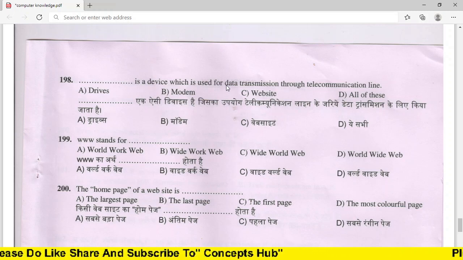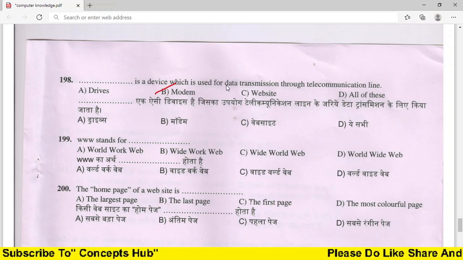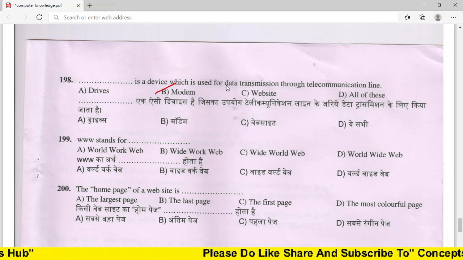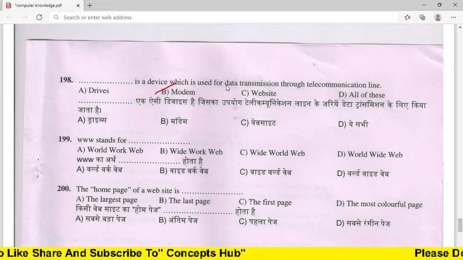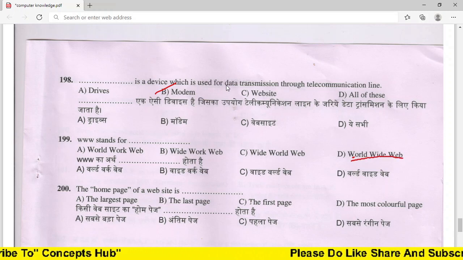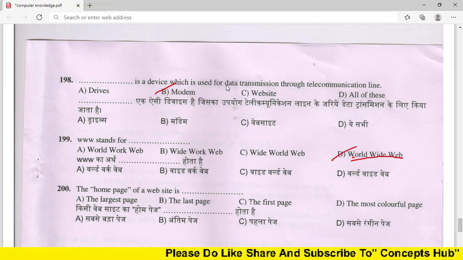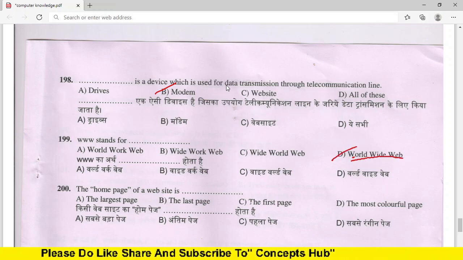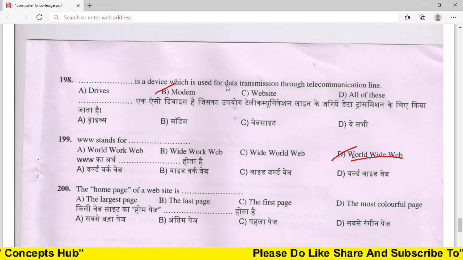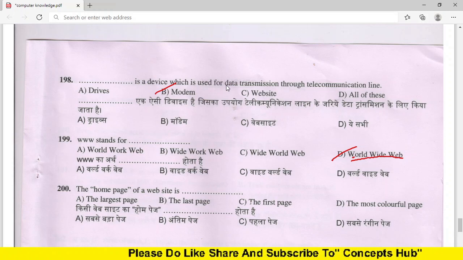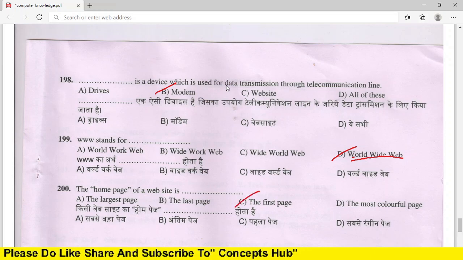The answer is modem. Next, WWW stands for, we all know this, World Wide Web. Next, the home page of a website is which one? The largest page, the last page, the first page. The first page.